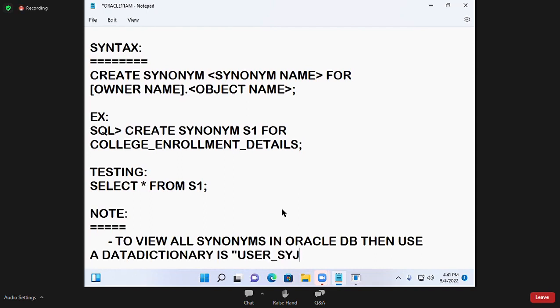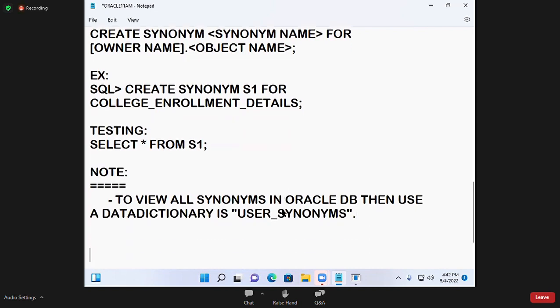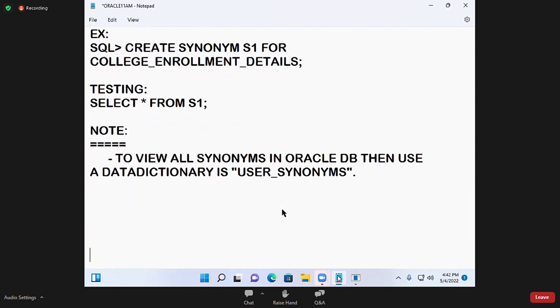USER_SYNONYMS. Okay, then after, take an example on this to write like this. So USER_SYNONYMS. And after,